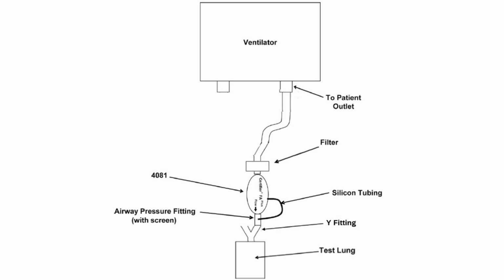With this test setup, you can insert the certifier within the inspiratory limb of the ventilator to measure only the inspiratory flows, or you can insert the certifier within the expiratory limb to measure only the expiratory flows. If you're still having problems getting your certifier readings to match the output from the ventilator, contact TSI and our technical support team will assist you further.